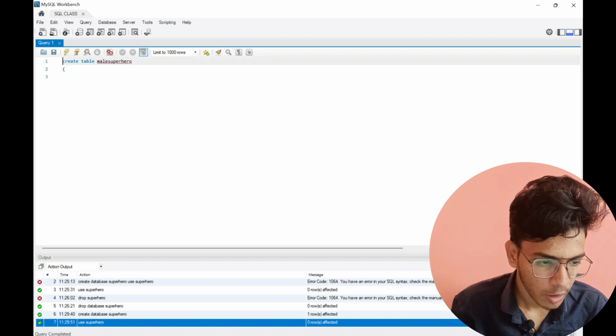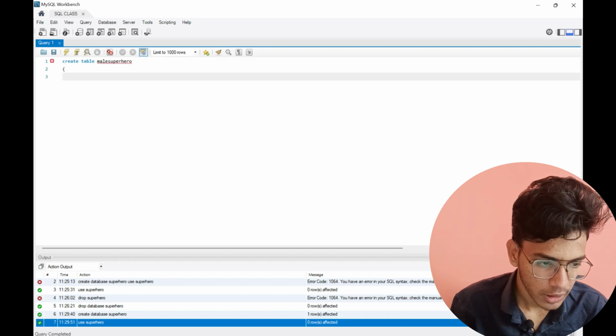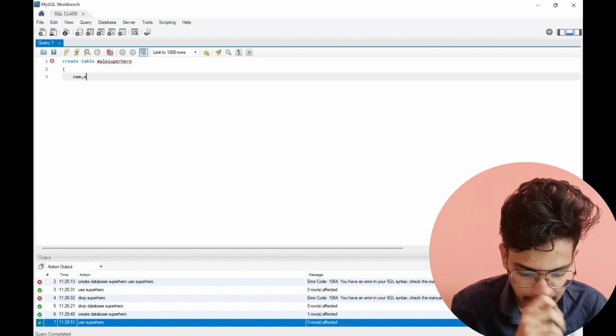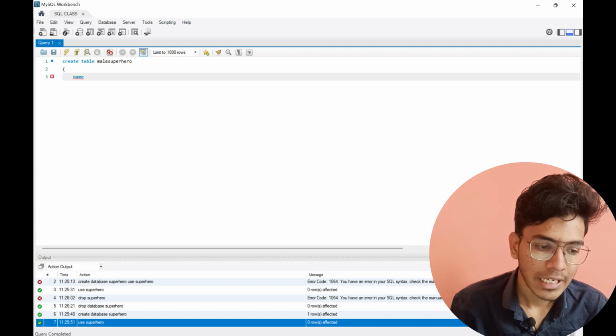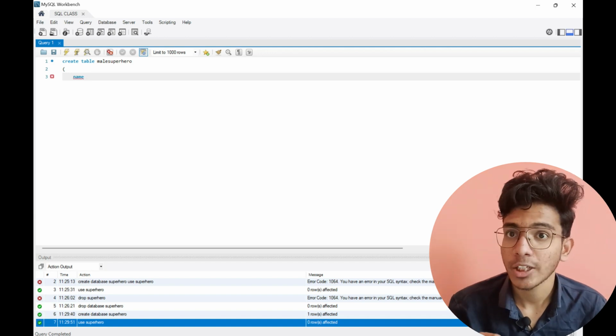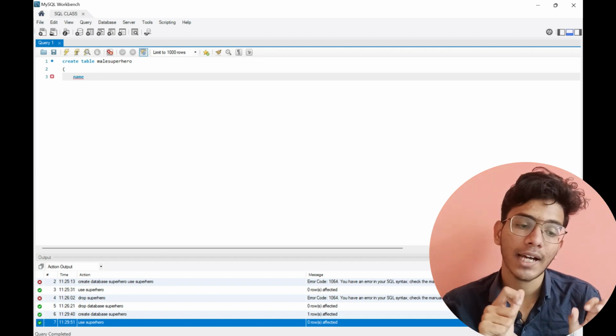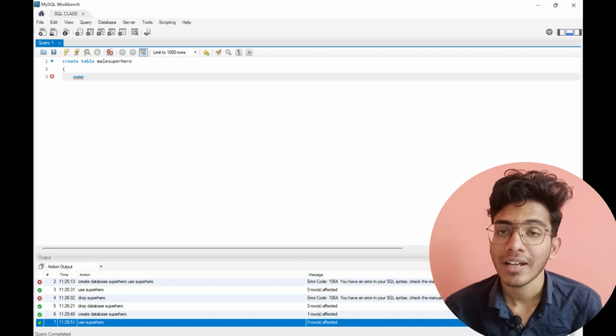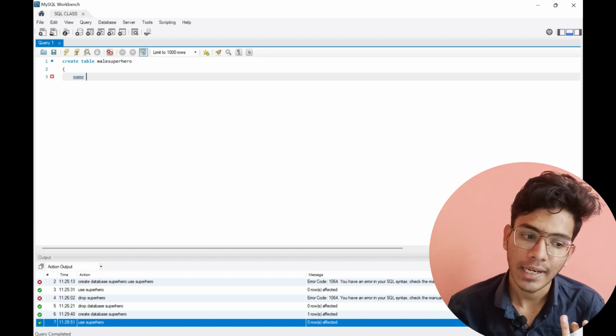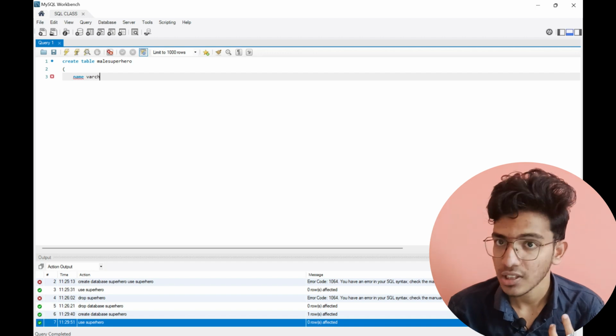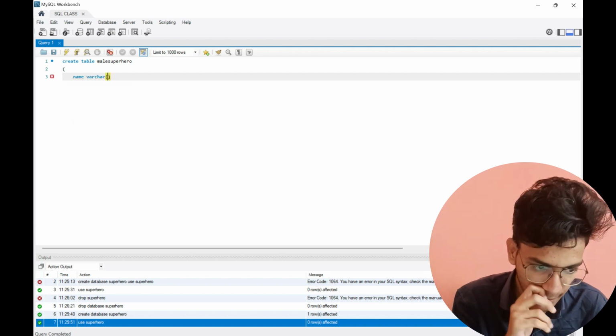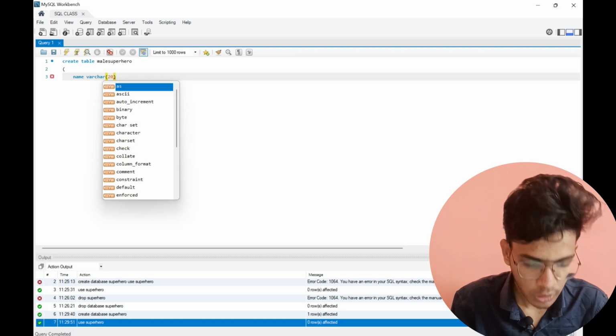Let me remove this. I'm already using the database, so I don't need to give it here. So here I will write, let's say, name, and name should be a string. In SQL we have a data type called varchar to store characters. So here I will give varchar, let's say 20,